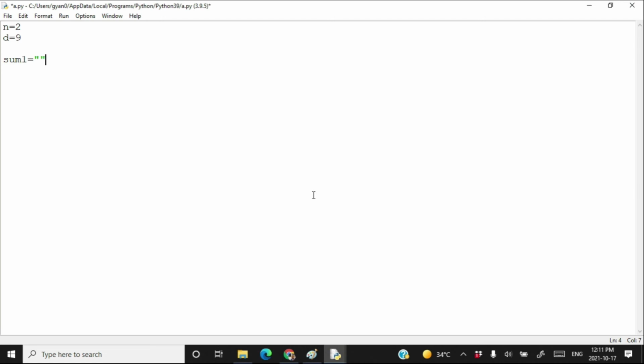Then you write for x in range 1 comma limit plus 1. But what is limit? Limit should be taken as the input.